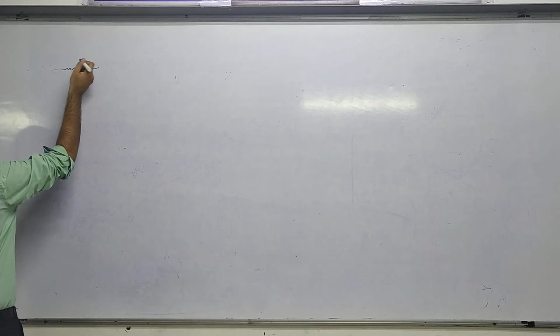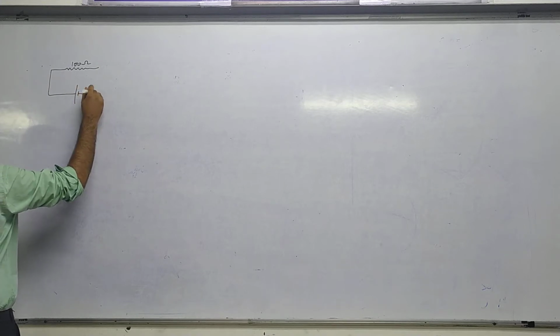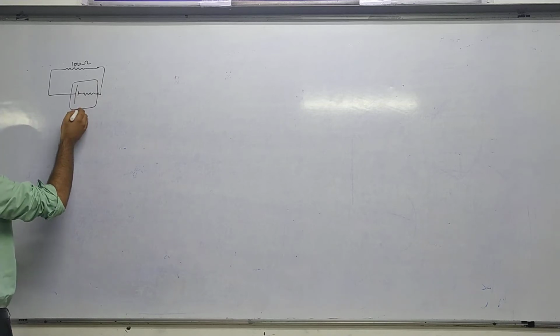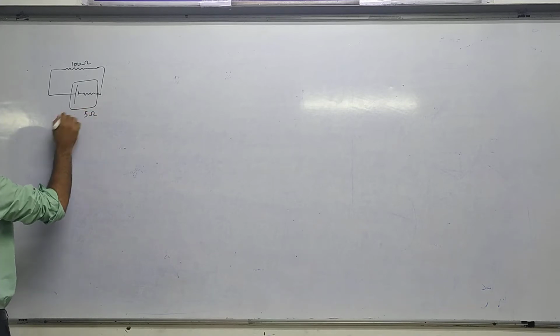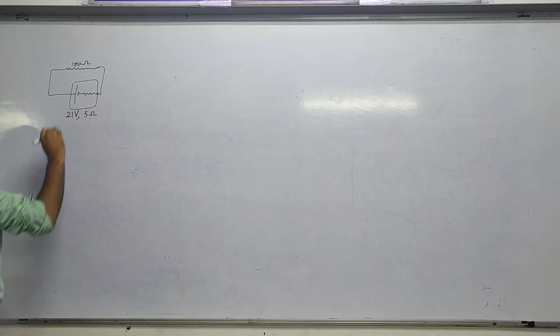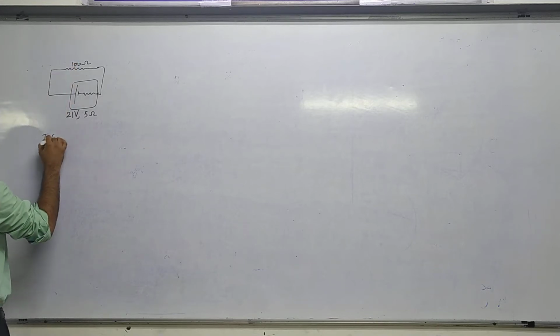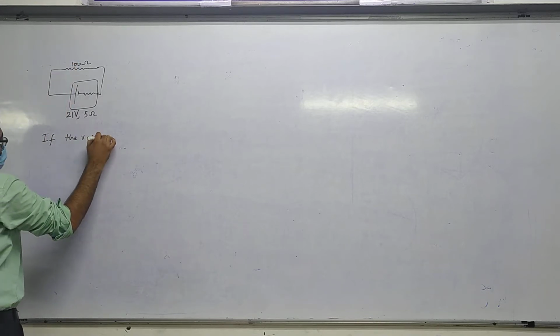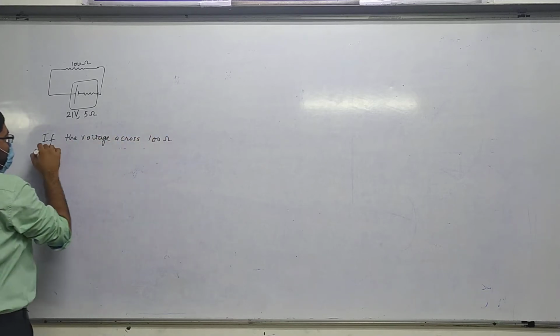Suppose this is, let's say, a 100 ohm resistor connected with a cell of internal resistance, let's say 5 ohm, and EMF 21 volt. Okay. If the voltage across the 100 ohm resistor